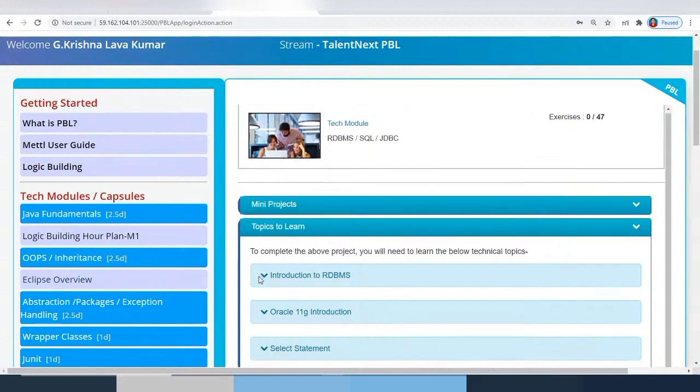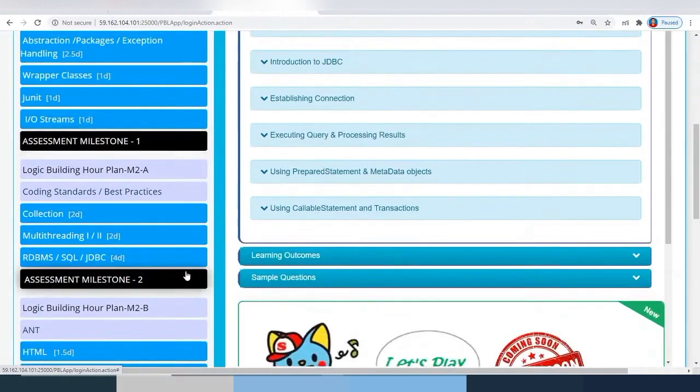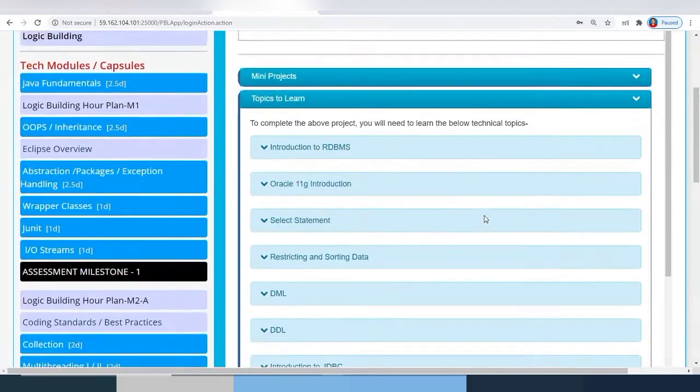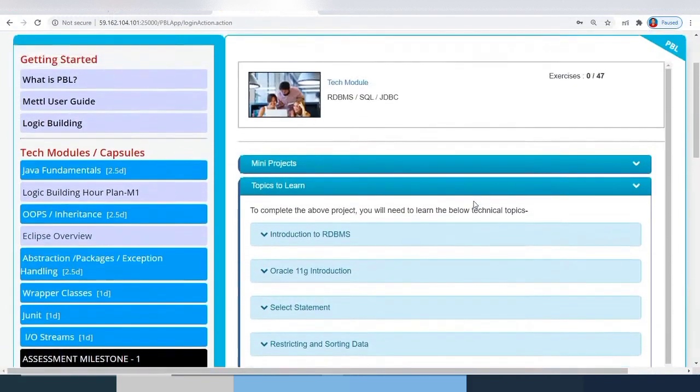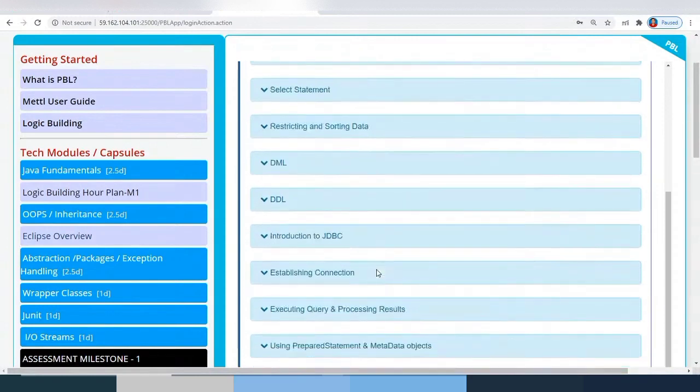So we have covered up to multi-threading concepts, and we shall look at this RDBMS SQL JDBC, and under this we are supposed to cover these topics starting from introduction to RDBMS, Oracle 11J introduction, the select statement, restricting and sorting data, DDL and DML commands, and